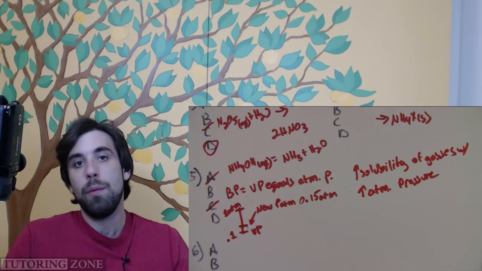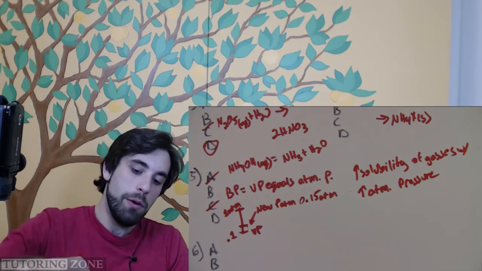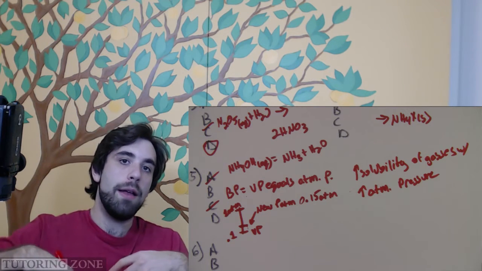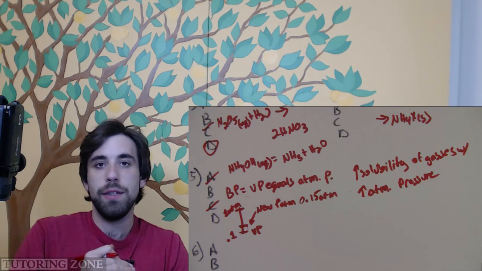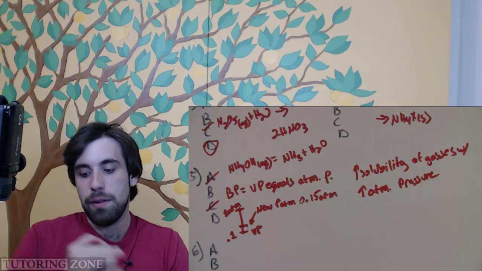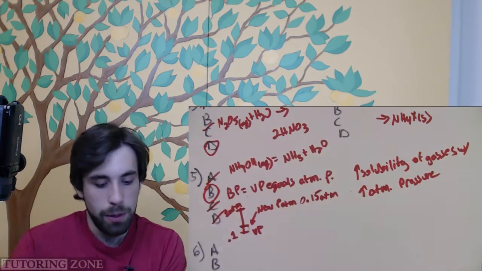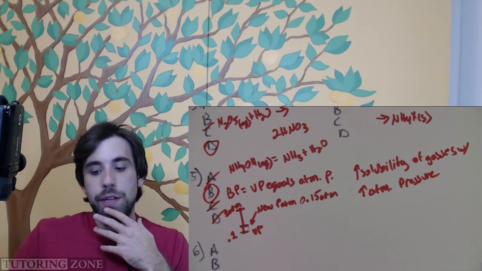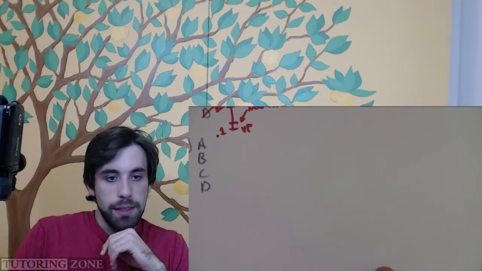Think about what happens when you open a bottle of soda, right? It has dissolved CO2 in it. That's why it's called carbonated. When we open the top of the 2-liter, that drops the atmospheric pressure. There's all of a sudden a much lower atmospheric pressure inside. What happens to the CO2? It fizzes up. It bubbles out of our soda because it's not as soluble. So D is also incorrect, and that leaves us only with B. The boiling point of ammonia would decrease for this reason right here. Now 6 says